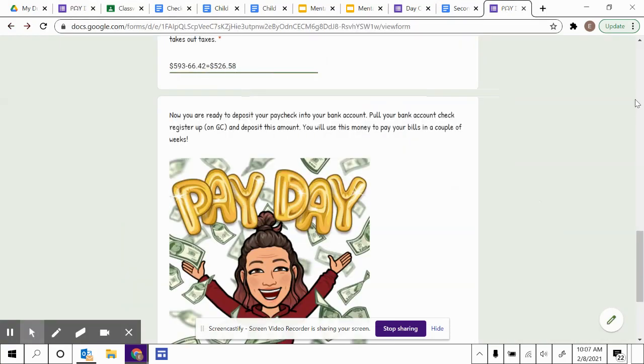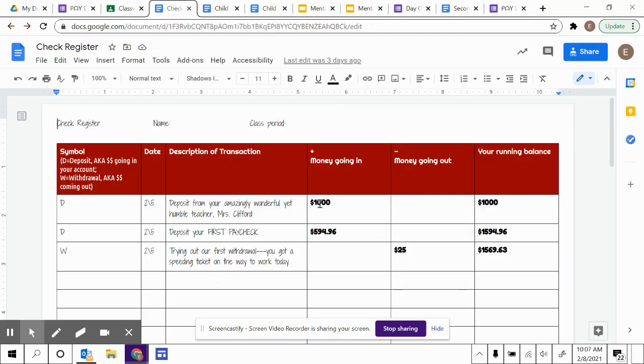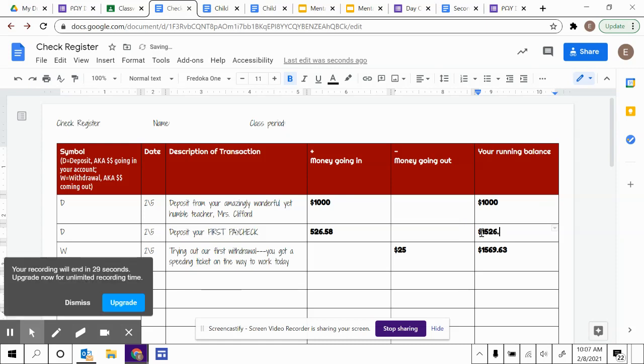So again, her amount was $526.58. So she's going to take out $526.58 from her total, her running total. Actually, she's going to put it in because she gets the money. So $1,526.58. Now she got a speeding ticket, so she's got to pay for that. That's going to leave her with